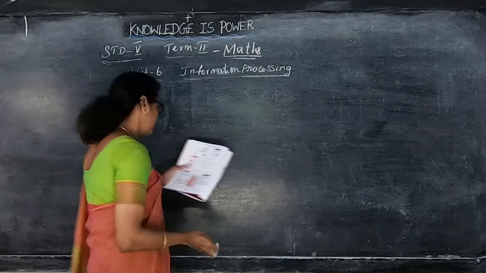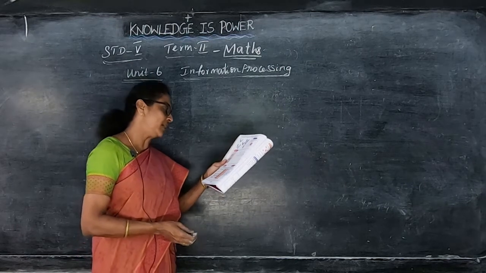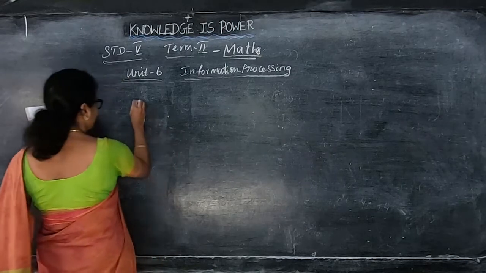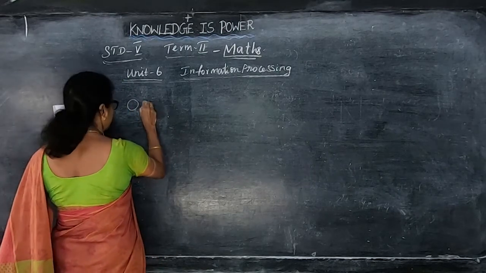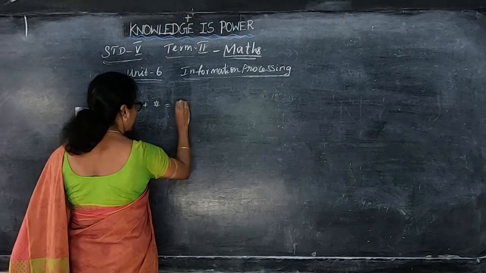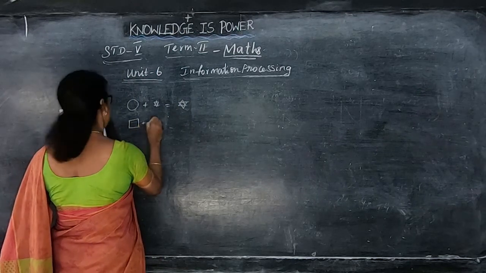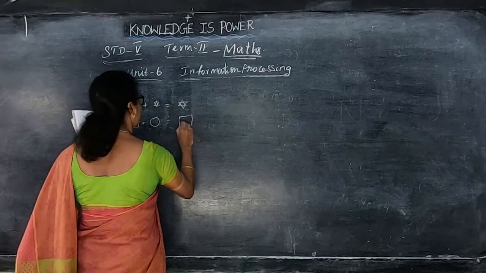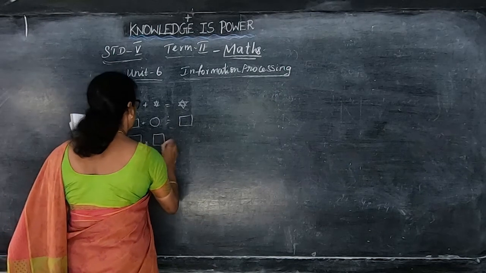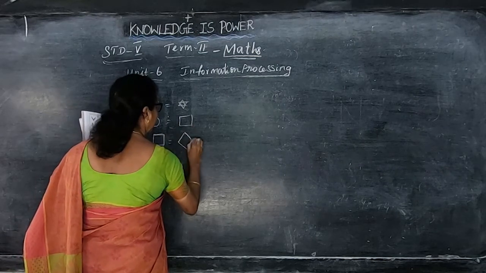Activity 2. The following shapes are drawn instead of numbers 0, 1, 2, 3, 4, 5. Shall we find the numbers for each shape? So they have given shapes instead of numbers. Circle plus the star is given, is equal to the star. Then square plus circle is equal to square is given. Again 2 squares, 2 into 2 squares. Instead of numbers, they have given the shapes. We have to find out the number, and the diamond they have given.